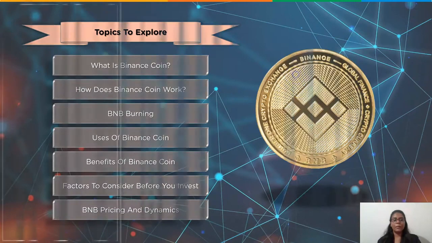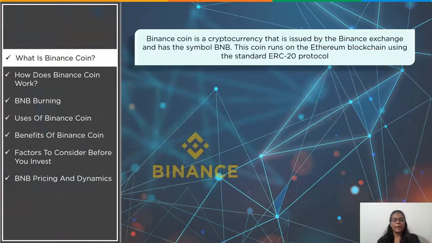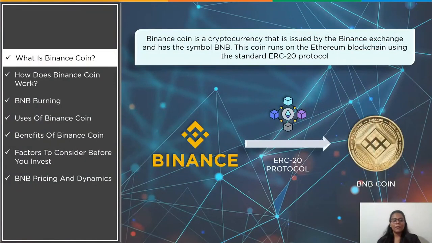The first thing that we are going to explore is what is Binance Coin. So Binance Coin or BNB is a cryptocurrency that may be used on the Binance cryptocurrency exchange to trade and pay fees. As of January 2018, the Binance exchange was the world's largest cryptocurrency exchange, conducting over 1.4 million transactions